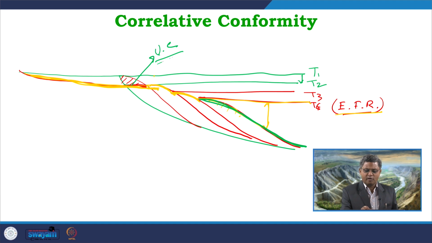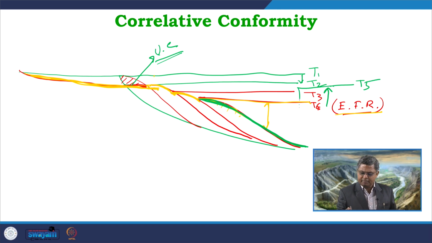So, this unconformity on the landward side is actually correlative to this particular surface, which is formed in the marine part of the basin, where continuous sedimentation was going on. And this surface now becomes the substrate for the next phase of deposition, which will take place during the rise of the base level. Maybe this is T5, when the sea level is coming up over here.